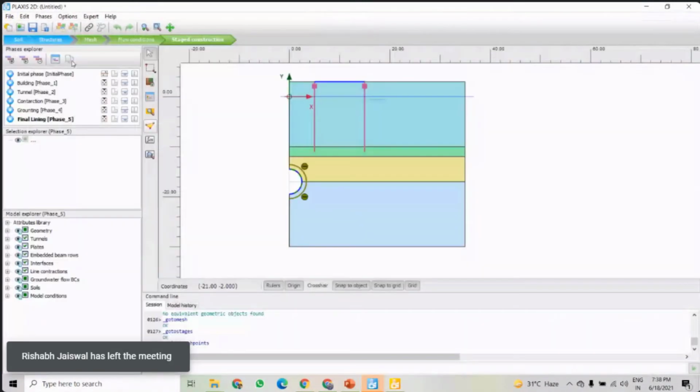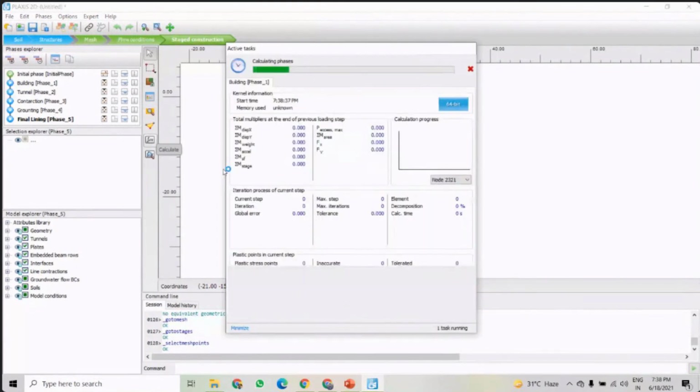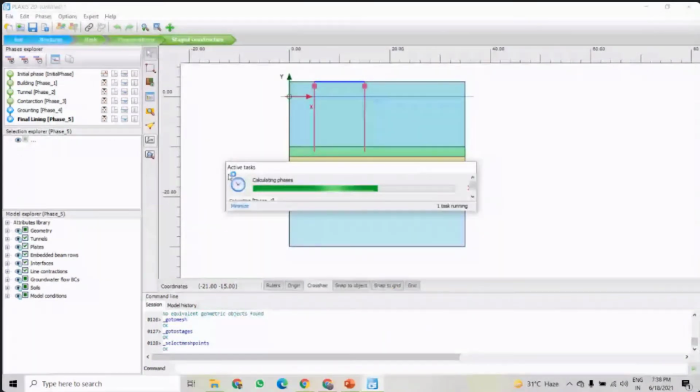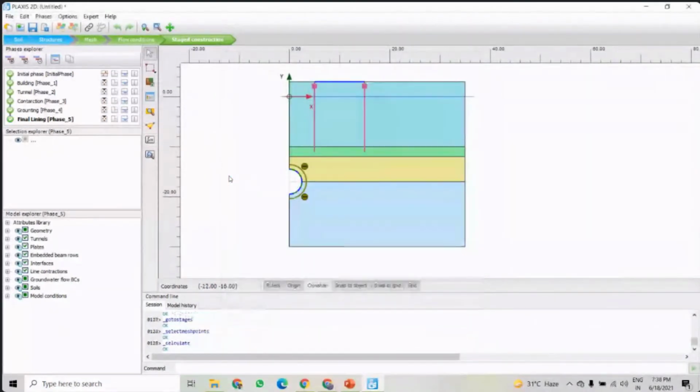So update it and then calculate. Now it is calculating. Okay, done. Now view calculation results.